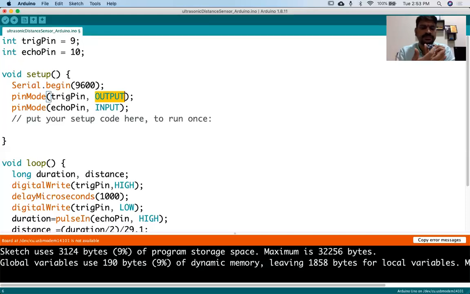Getting it? This is a receiver pin. So the reflection from any object will be received by this particular receiver, so it will become an input. So echo becomes the input, meaning you are getting the echo signal. So you have been capturing here, and this particular pin is for the triggering.